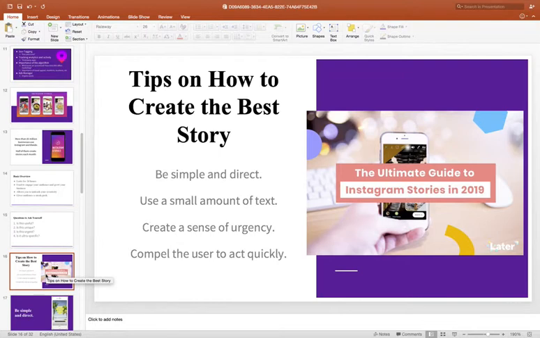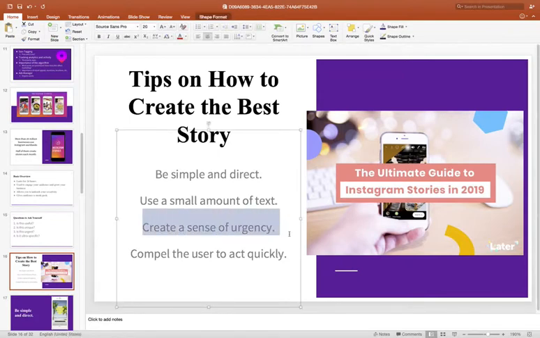For story usage, first and foremost, be simple and direct. Transparency is really the key here. And I've noticed this a lot in terms of my own research through creating video. Being very transparent about your brand and being direct with your audience is very good in terms of your messaging. But it also helps to be very simple because of the medium that you're using, because there's not a lot of text. And this can honestly be some of the hardest writing for copywriting within advertising, because you've really got to consider, how can I state something with the fewest words possible, which deals with this amount of text.